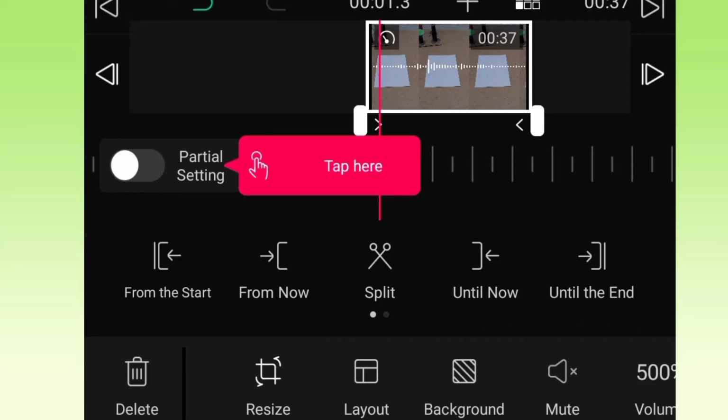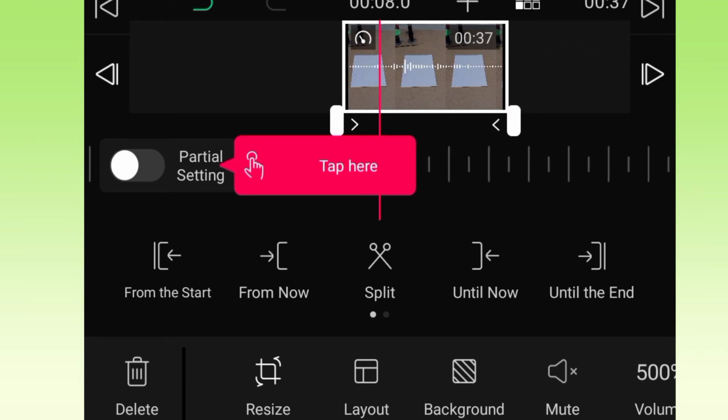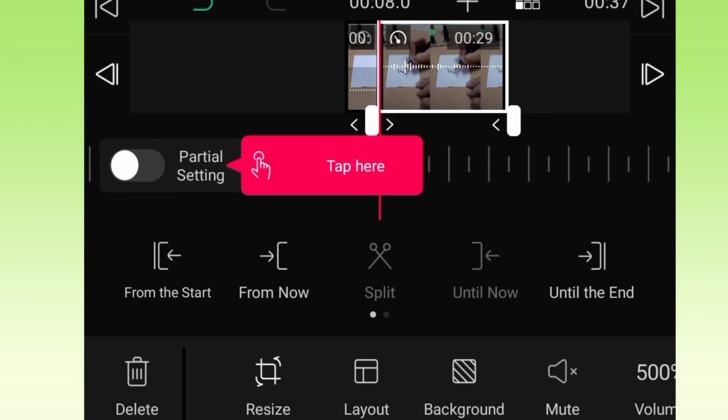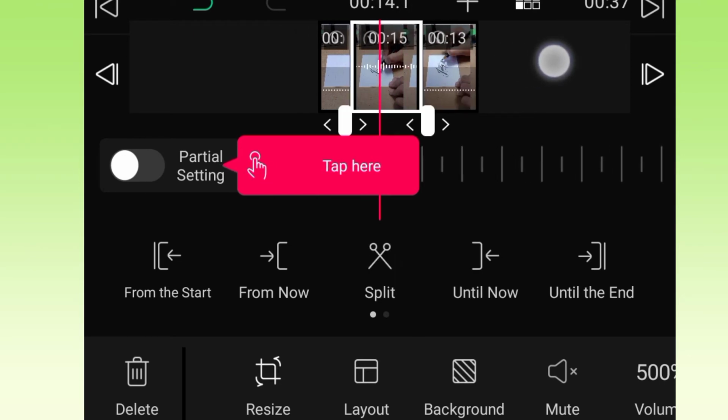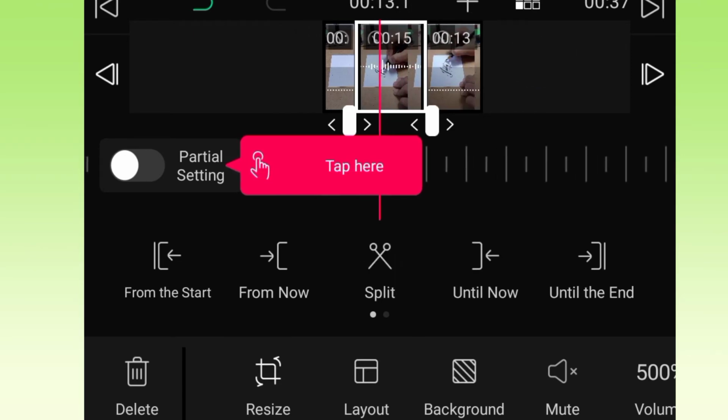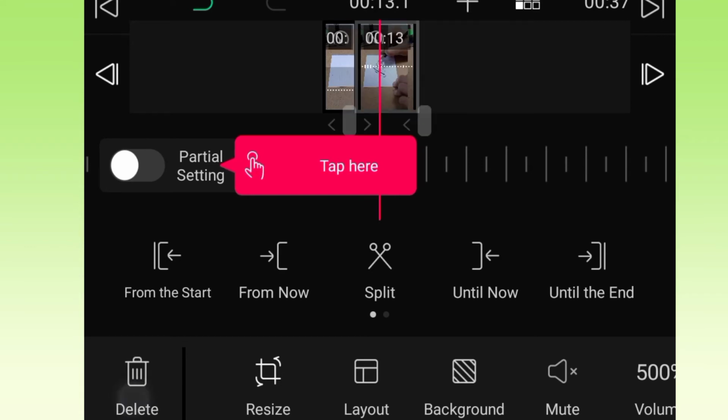Now if you want to remove some section of your video, like you do not want a section of your video, then what you need to do is just select that section. Just split it from there, split once, and then after that split it where that section is ending. Split it, and now see, the video is separated into different halves. Now you can delete this part if you do not want it.